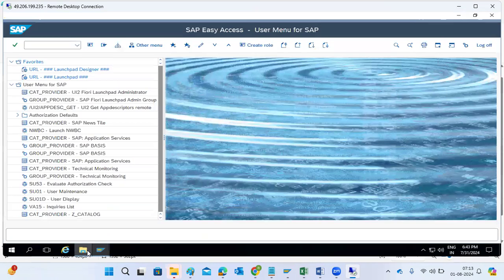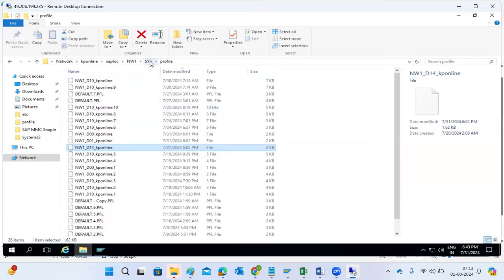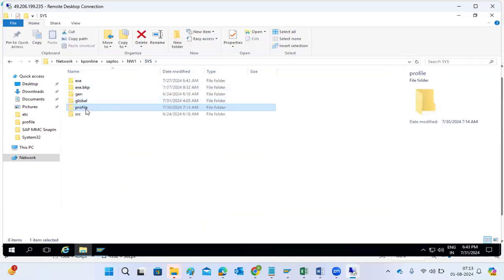Here in the profile directory, we have the profiles available. You can change them either from the SAP level or the operating system level. Here also we can change it, right? Then